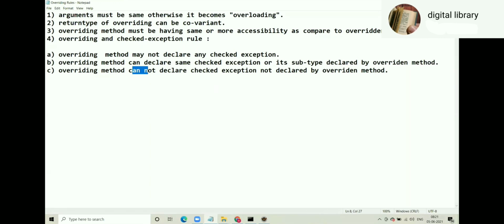So all these points now we are going to see. Overriding method may not declare any checked exception. Overriding method can declare same checked exception or is subtype declared by overridden method. And finally, overriding method cannot declare checked exception not declared by overridden method. Okay. So now